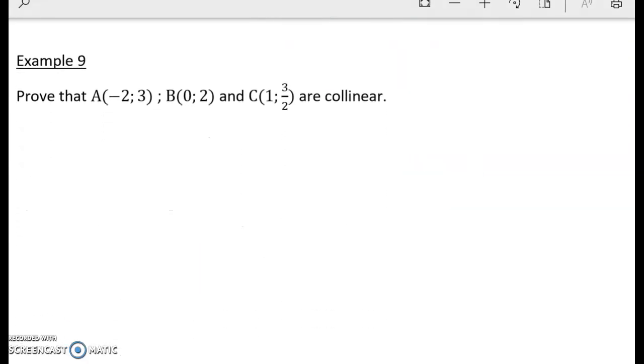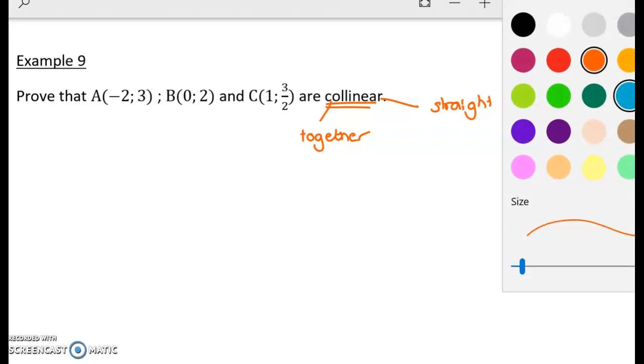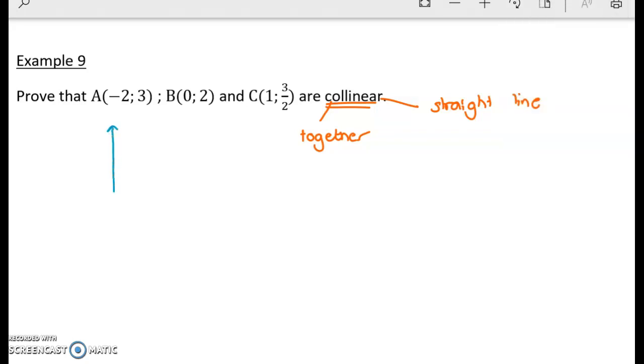Okay, last question in gradients is the idea of collinear. So what does collinear mean? Well, first of all, the prefix co means together, and linear means on a straight line. So basically, they're trying to get you to show that these 3 points are on a straight line. So basically, if I draw this, and I'm not drawing particularly accurately, they want you to show